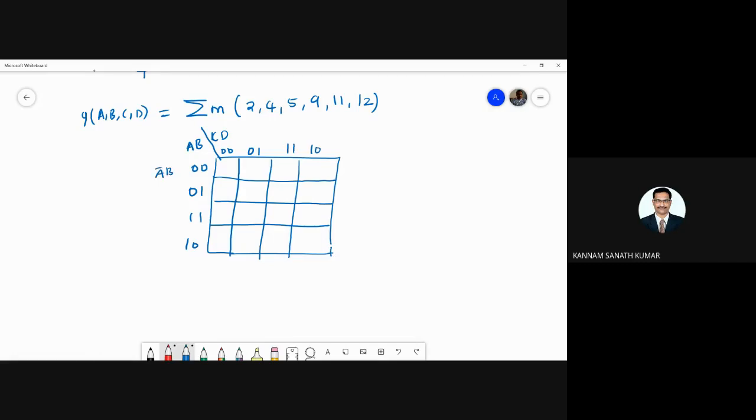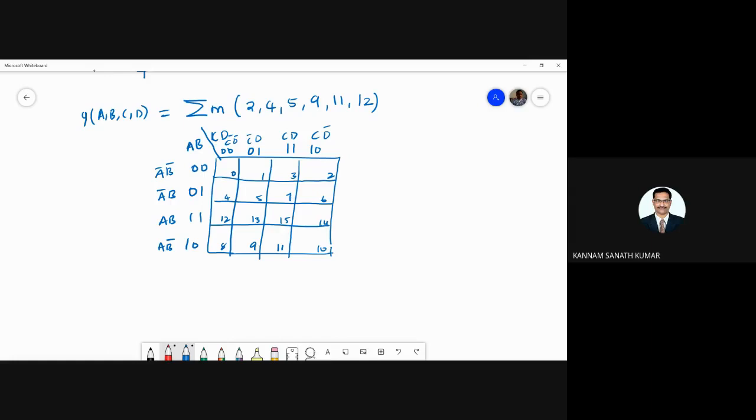This one is A bar B bar, A bar B, A B, A B bar, and C bar D bar, C bar D, C D, C D bar. Now 0 1 2 3 4 5 6 7 8 9 10 11 12 13 14 15. This will follow the Gray code sequence.